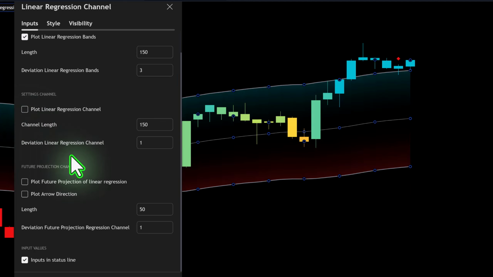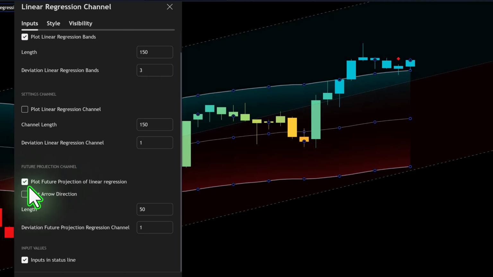Then we've got the Future Projection Channel section. Both options, plot future projection and plot arrow directions, are unchecked at first. But if you want to see forecast lines and projected arrows, this is where you turn them on. These two come with their own length and deviation settings, so you can fine-tune how far and how bold those